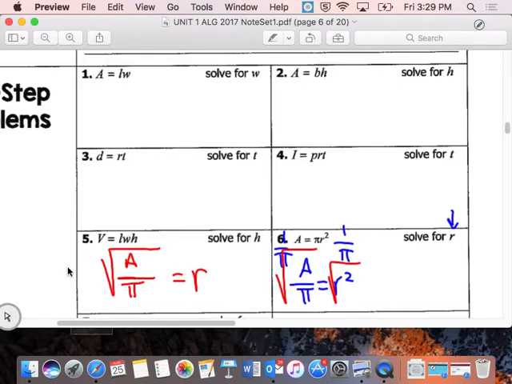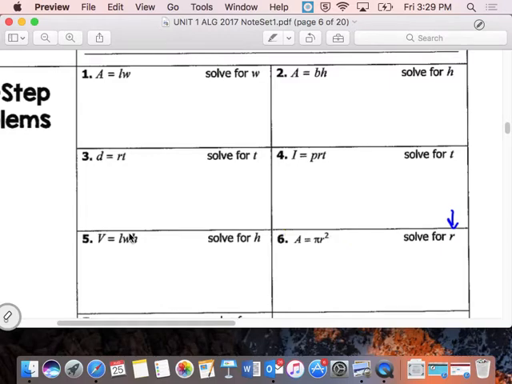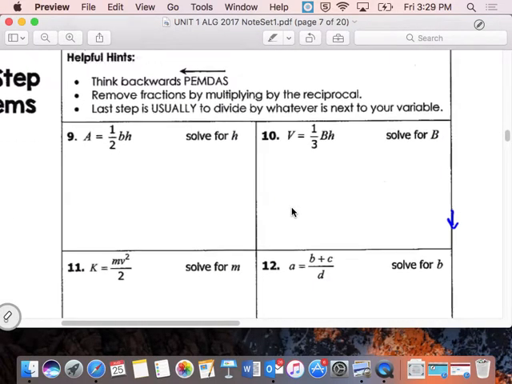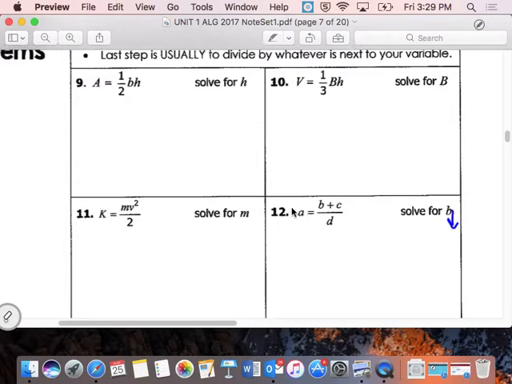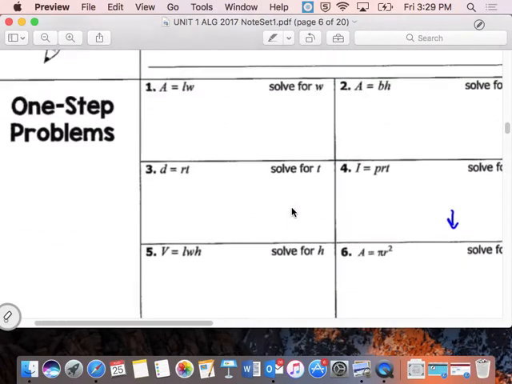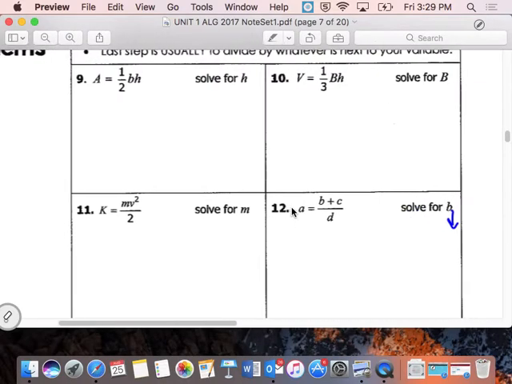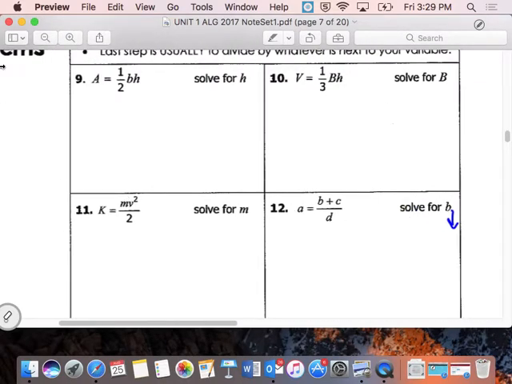Let's move on to the other side. And looking at some of the problems over here,